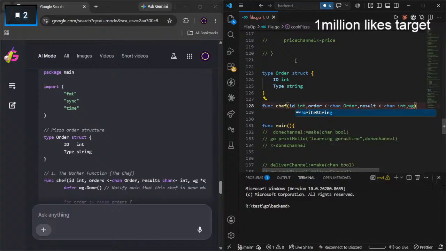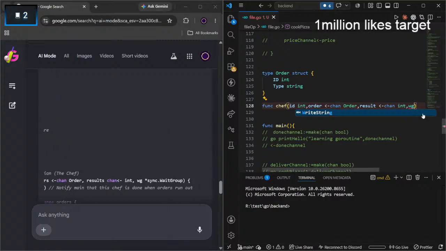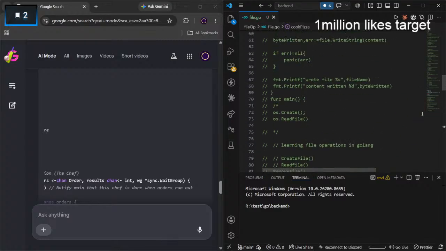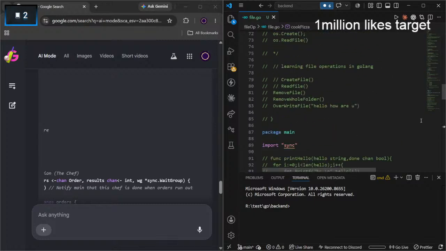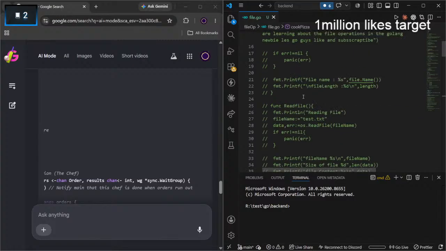What is WG now? WG sync wait. Okay. WG is a pointer, sync.WaitGroup. Did it import or not? I did import. Do you need something else? You need the OS.